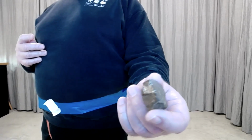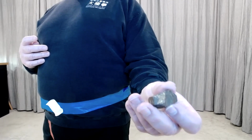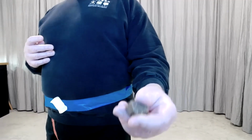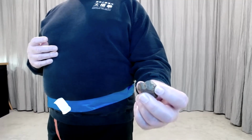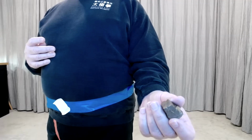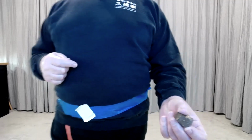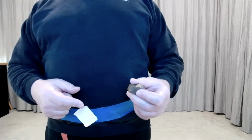All right, this is a piece of rock from San Francisco, from Golden Gate Park actually, right? And this is the rock that San Francisco is built on. It's a perfectly good piece of rock. There's nothing wrong with it, but you can see it's got a lot of sharp edges. But if this is your energy body, it means you're going to have a lot of glitches and sharp